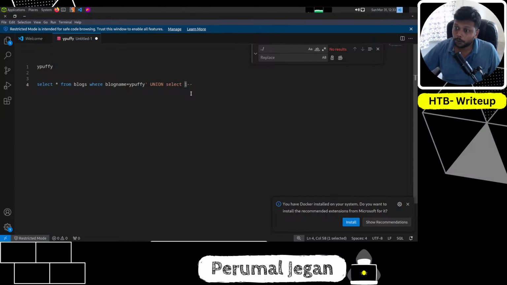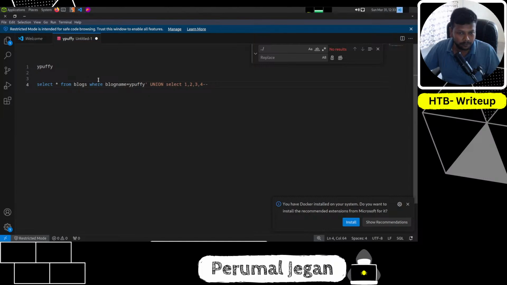So especially if you are using a union statement along with select, then it has to match the number of columns here. Whatever the number of columns in the first table, it has to match the column numbers of the second statement. So it is just one column given here. If it is not working, then I can just append a second column here. Then I can append a third column here. Then I can append a fourth column here. So like that we can give multiple requests by tweaking this input, and we can find the number of columns